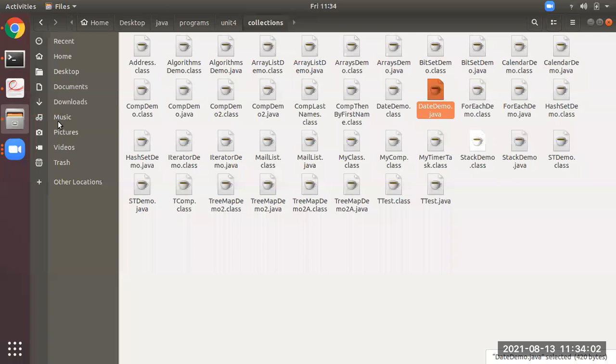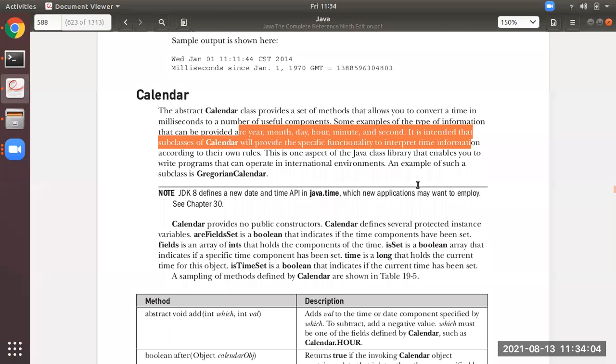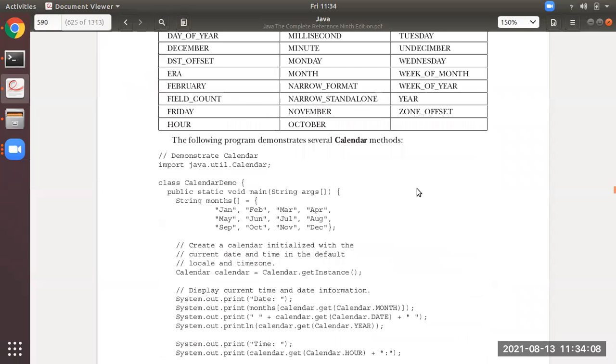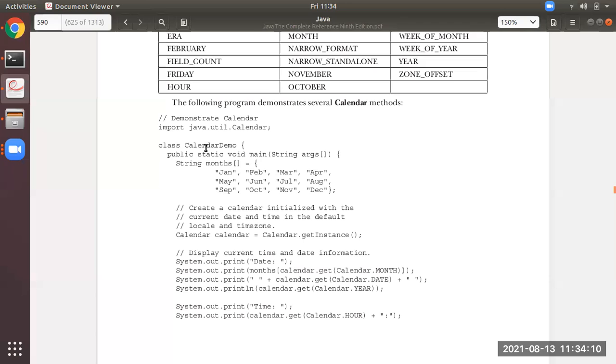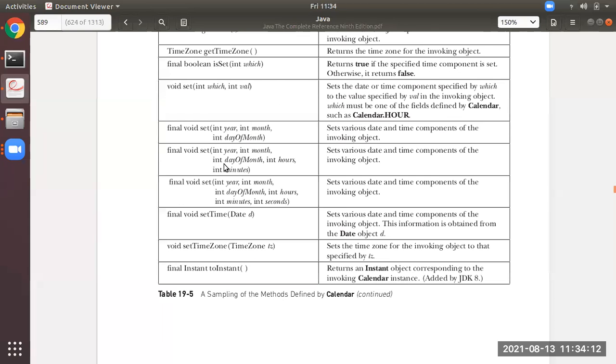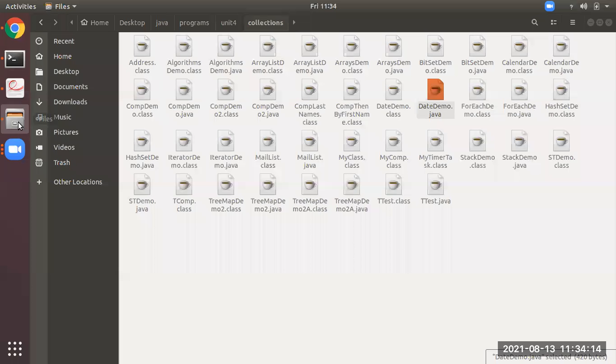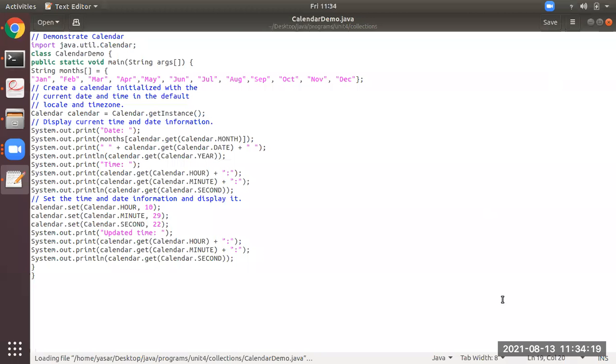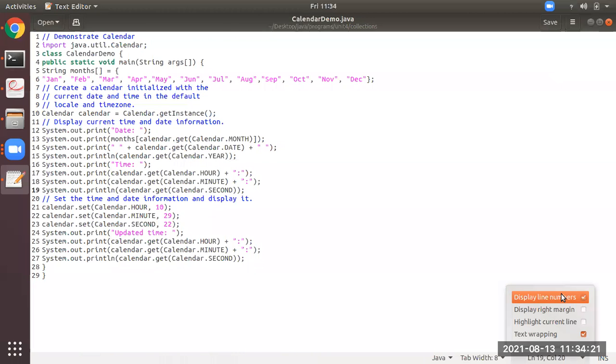Let me open that program. What is the name? CalendarDemo it is. It's very simple, students.